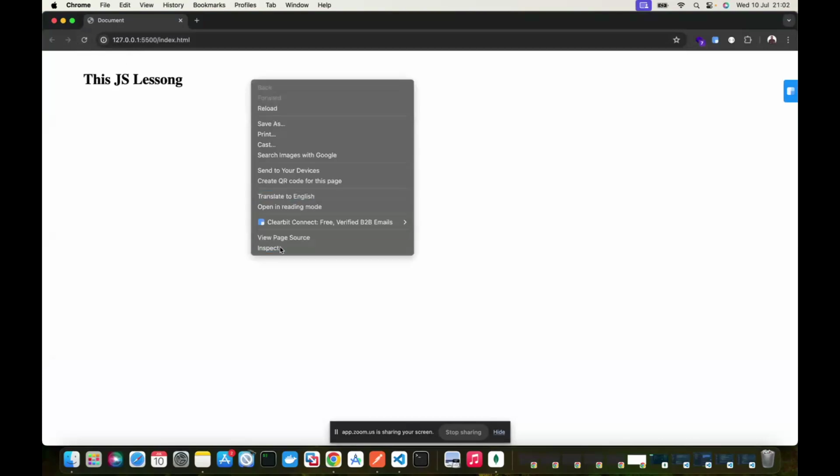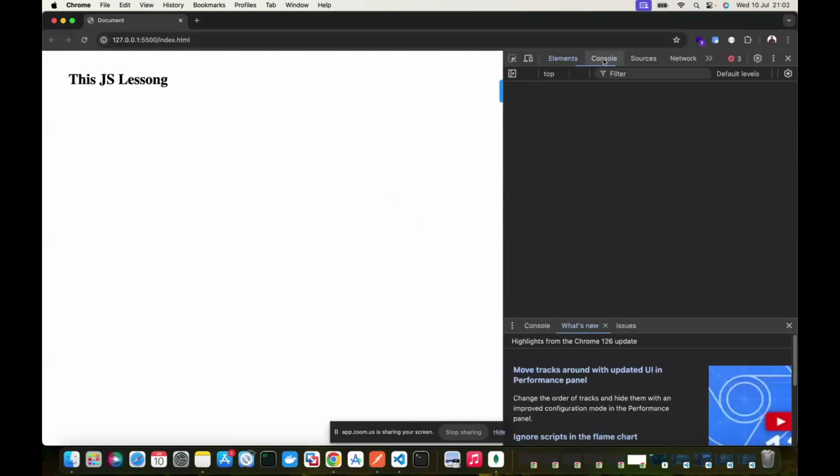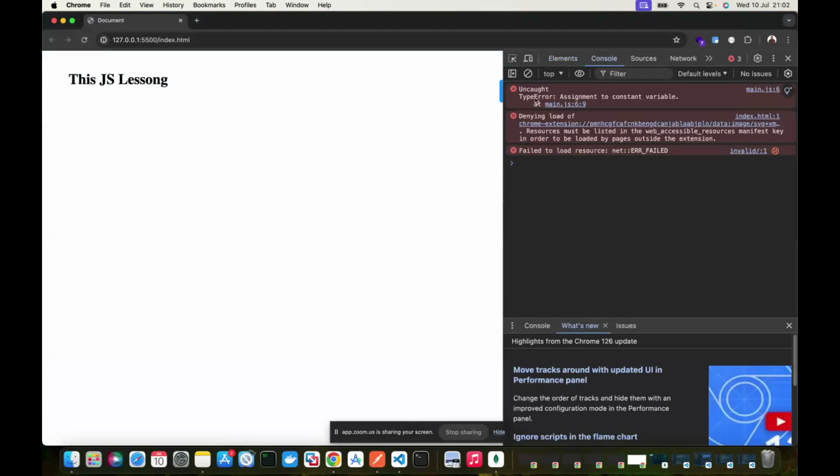No, sir. Come to your developer tab. Can somebody read this error for me? Type error: assignment to constant variable. Where is it happening? At main.js, line what? Line 6 to 9. Very good.